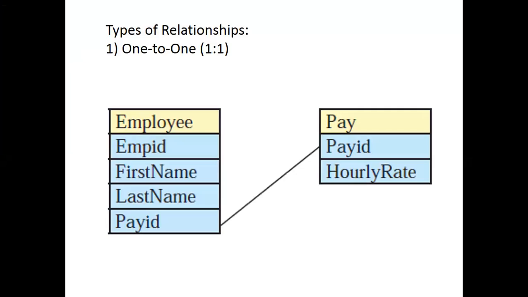See here, I have two tables. First table is the employee and second table is the pay table. Under the employee table, I have the fields employee ID, first name, last name, and pay ID. And in the second table, pay, I have the fields pay ID and hourly rate. Now, when I generate the relationship between these two tables, one key must be related with another